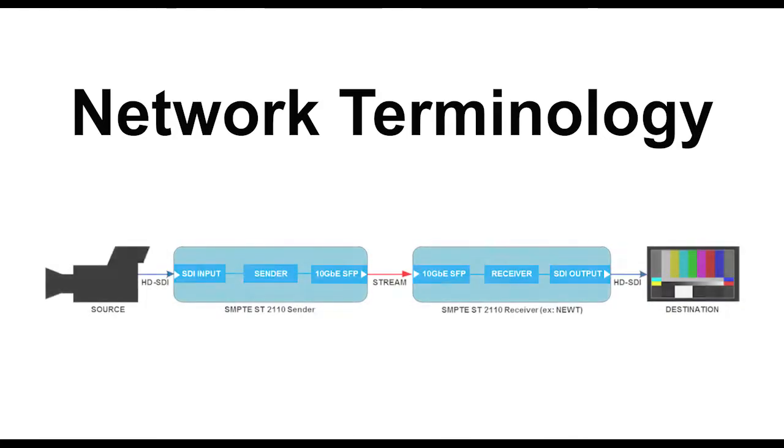Before we get into the details of setting up a connection, we will first discuss some general network terminology so that the next steps are more intuitive. As shown in the diagram, a source refers to the device producing the video and audio data, for example, a camera. The video and audio from the camera are sent to an ST2110 sender over an interface such as SDI. The sender extracts the audio data from the video and converts it into Ethernet packets following the ST2110 standard. The video data is encapsulated separately into Ethernet packets as well. The video and audio are sent in two separate packet streams over the network.